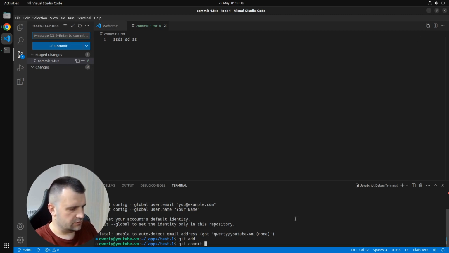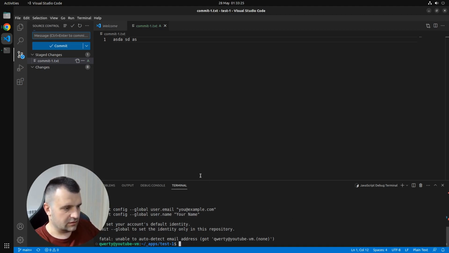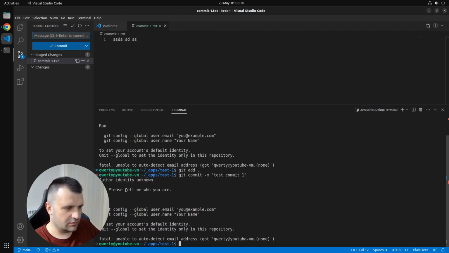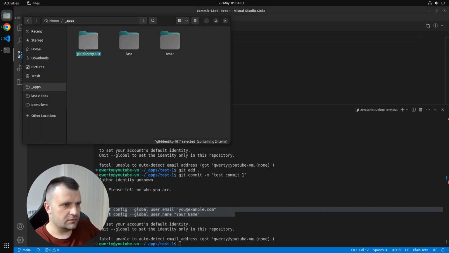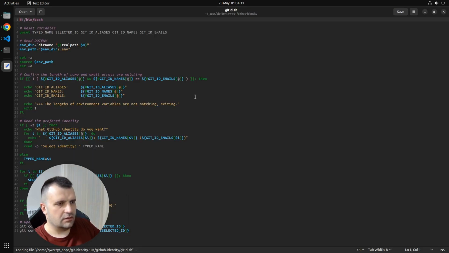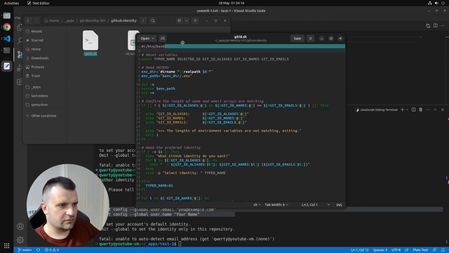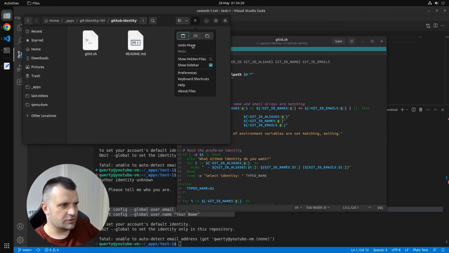I'm trying to commit, test commit 1, and I am getting an error because it requires me to set my username and email. Luckily, I have a little script which I can use to set it real quick, and see what we have here. We have a shell script, and what it does, it reads from the environment file, which is right next